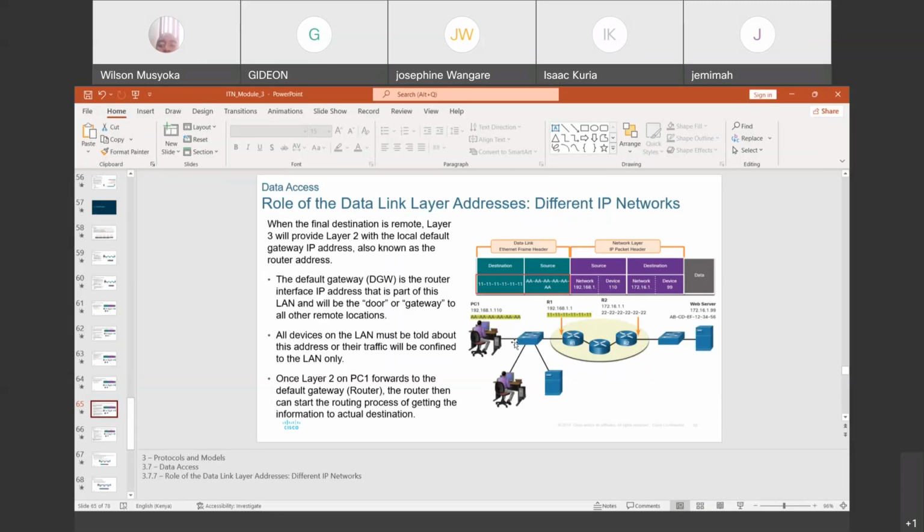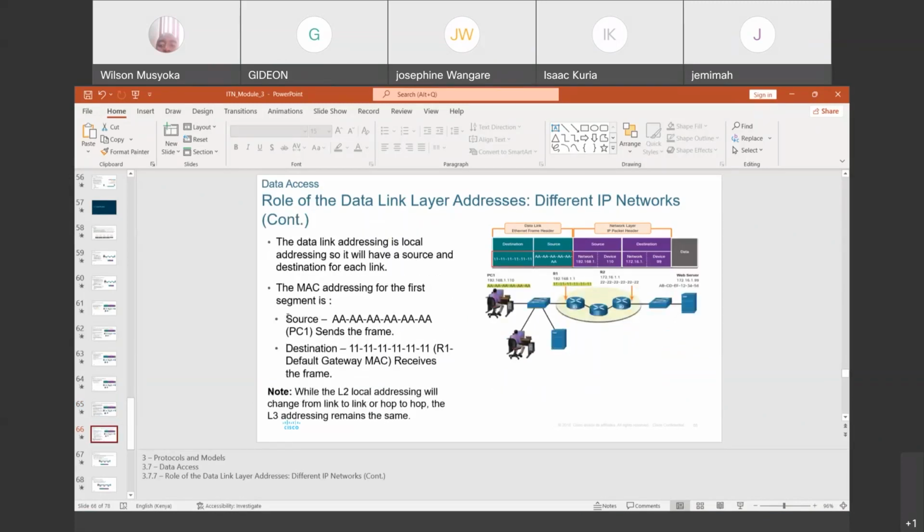So once this information reaches the switch here, the switch was operating at layer 2. So the switch checked the MAC addresses and it realized that the MAC address I am looking for is not here. So what does it do? It forwards that message to the router. Now the router is going to be checking the IP addresses. So it checks the destination IP address or both the source and the destination IP addresses so that it can start now forwarding that message.